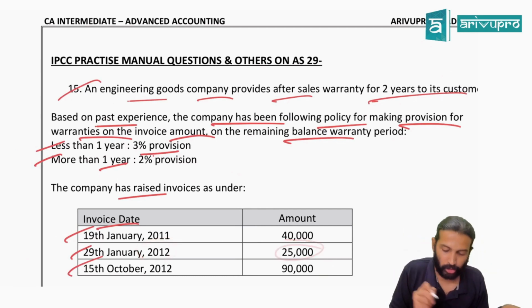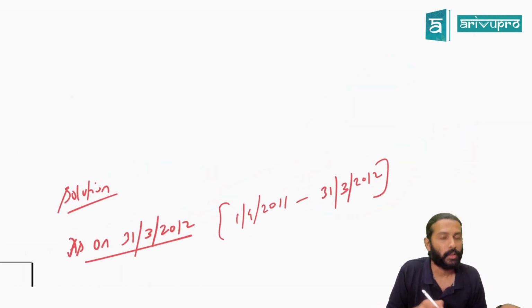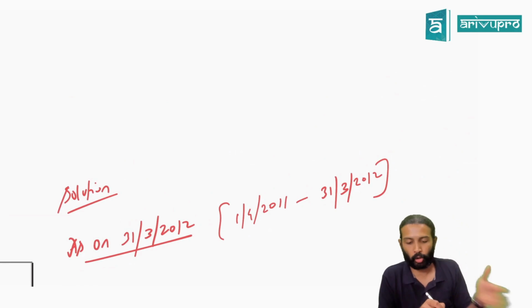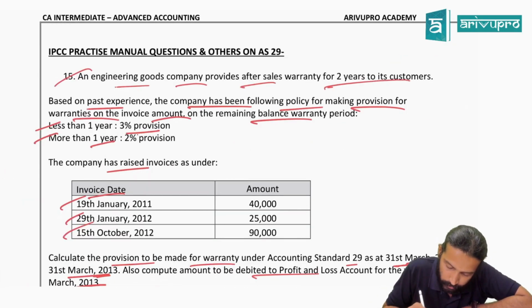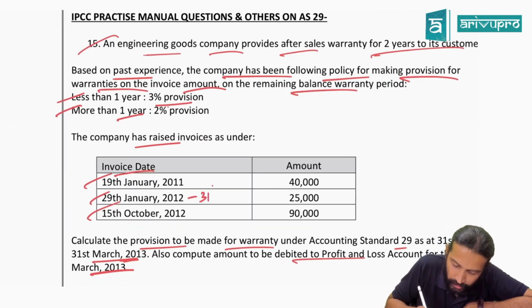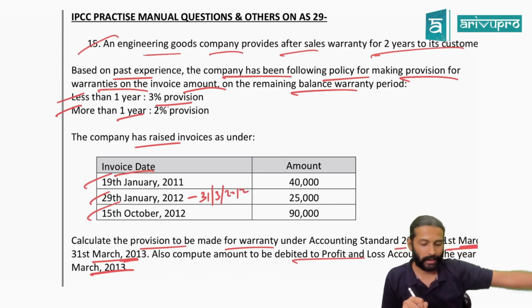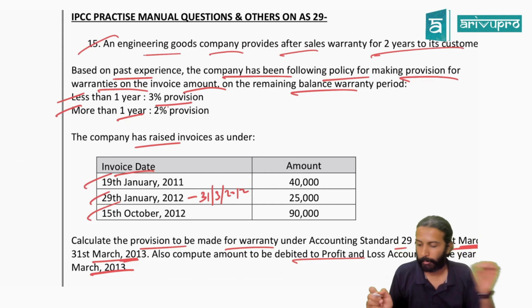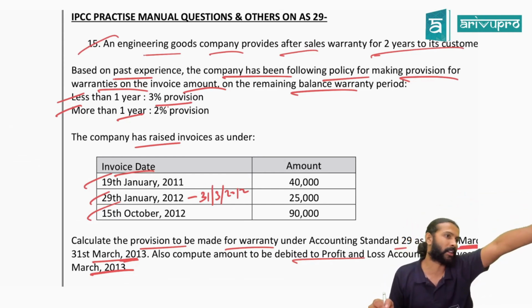29th January 2012. Will it fall under this year? This is 1 month before or 2 months before the current year's ending. No, you have sold. How much is the value of the goods you have sold? 25,000. Check. From 29th January to 31st March 2012, how many months, sir? From 29th January to current year ending. Calculate the months: January, February, March. January end you have sold. So February, March can I say?